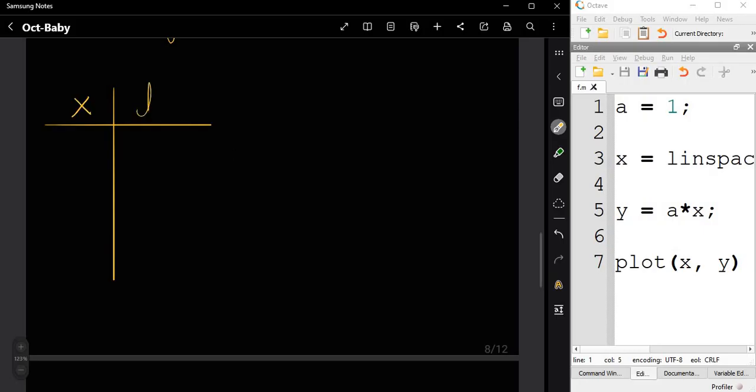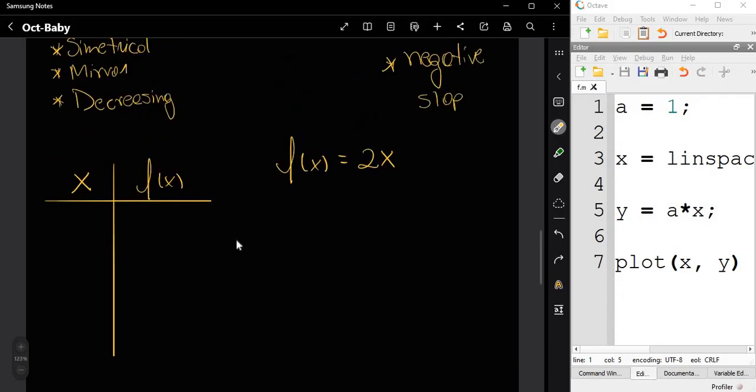again. Let's say now the function is, for example, 2x, and 2 is again the linear coefficient.